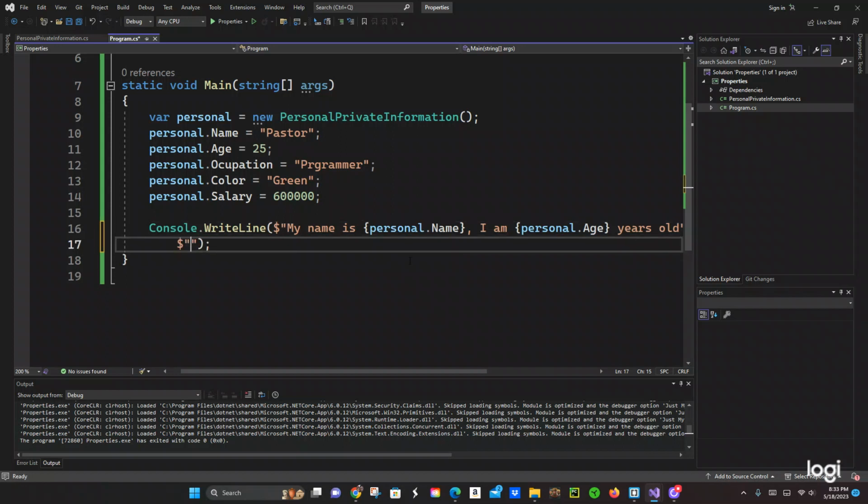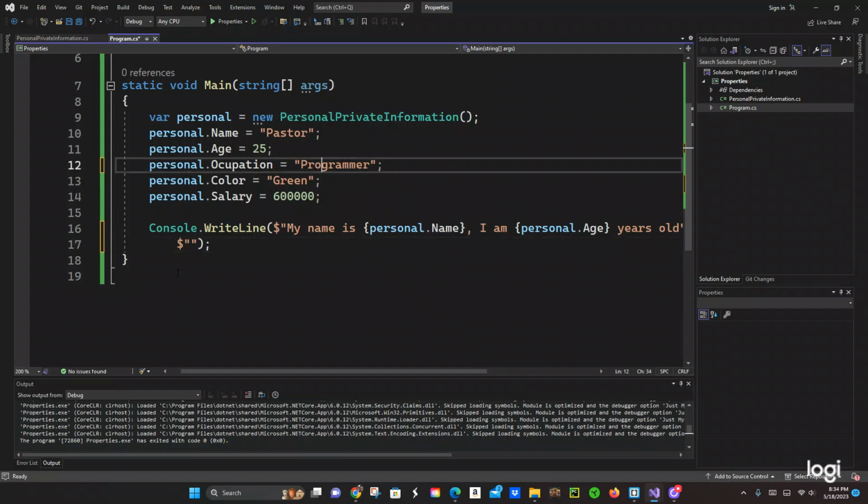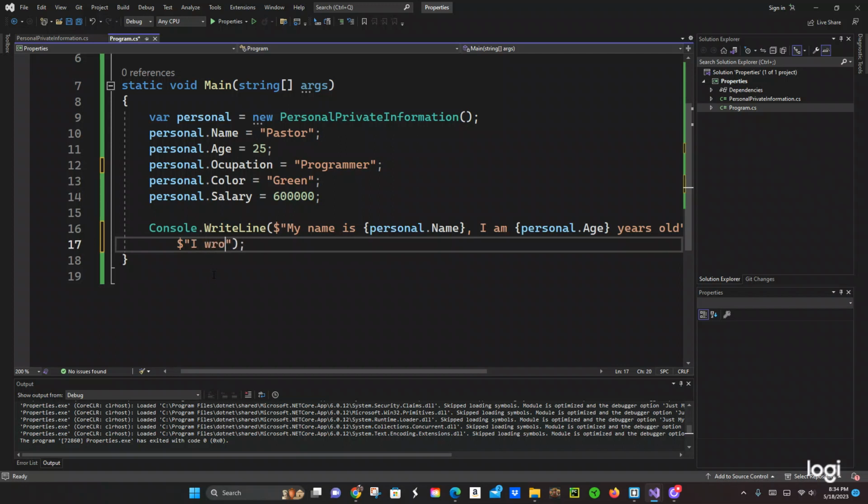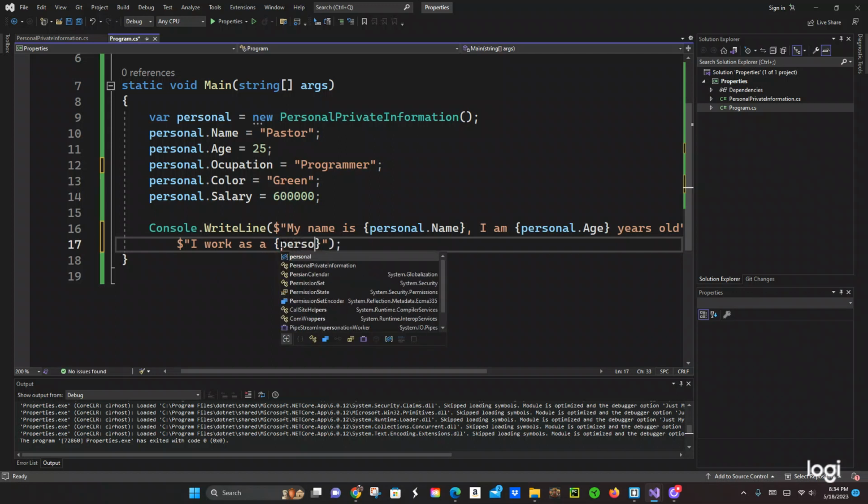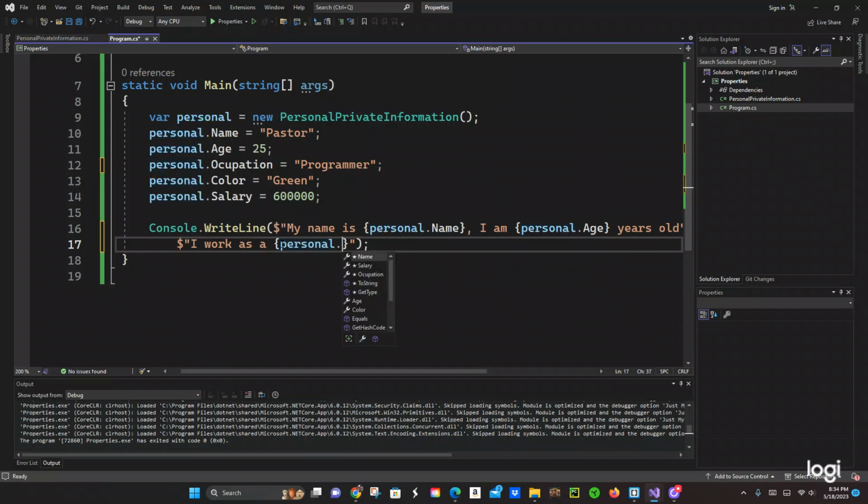Go down right here, and right here we're going to do programmer. Oh, I did spell it wrong right here. Programmer. So I work as a programmer. So let's just do personal that occupation. Okay, and then we do work as a personal, as a programmer,